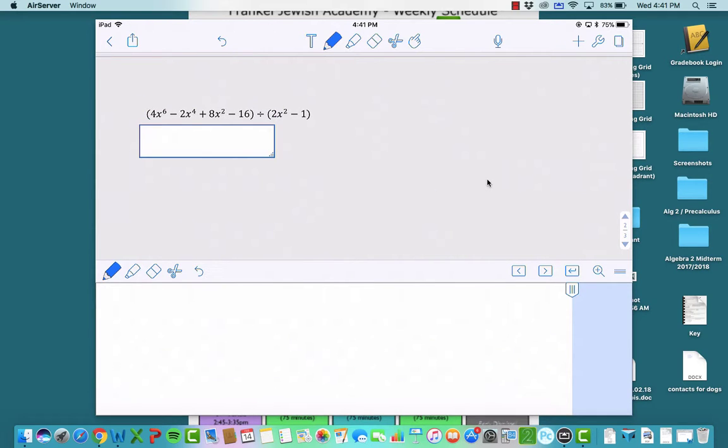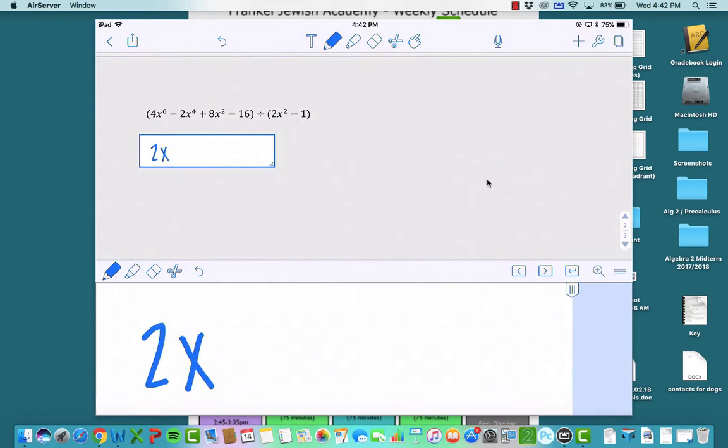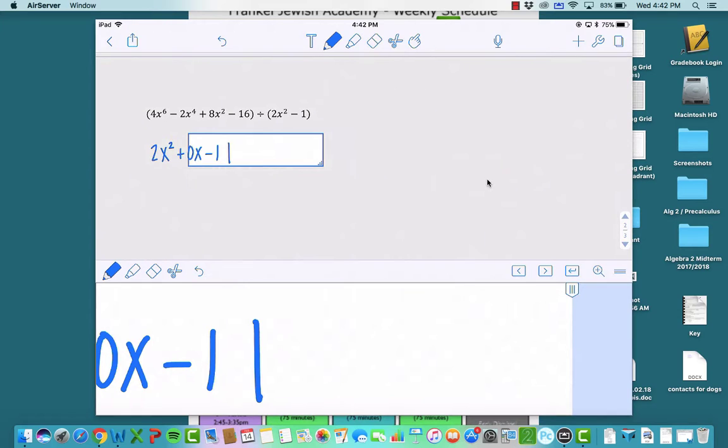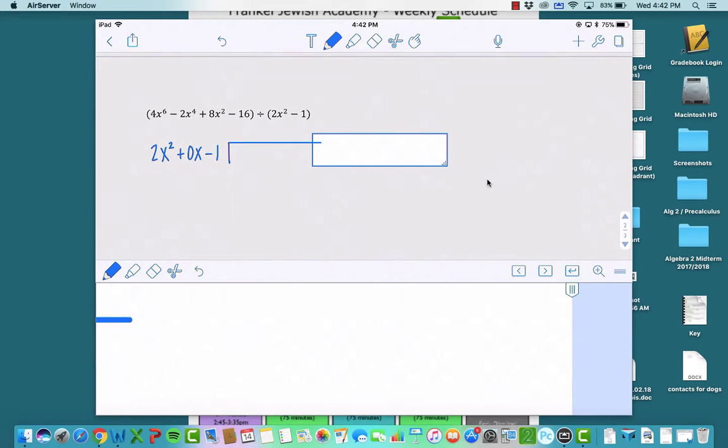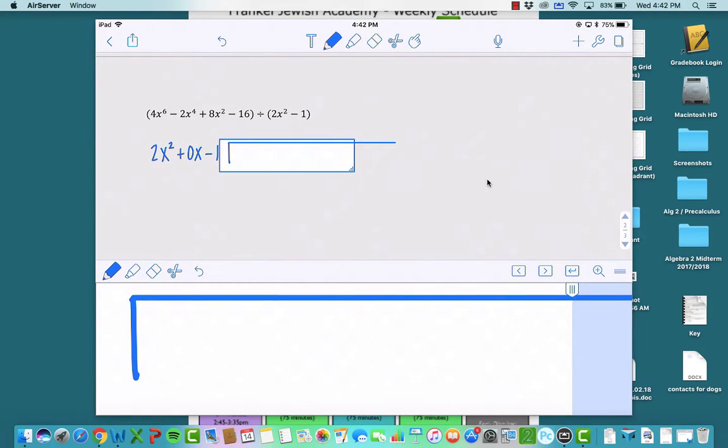If you notice, I'm missing quite a few terms. It is in standard form, but I'm missing some terms here. So when I write it down, I'm going to make sure I have a term represented for each degree. So I'm missing the x term from my divisor. And so I have a 4x to the 6th. I don't have a 5th, so plus 0x to the 5th,